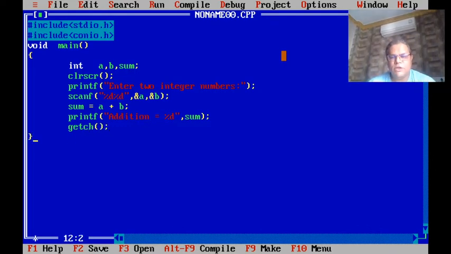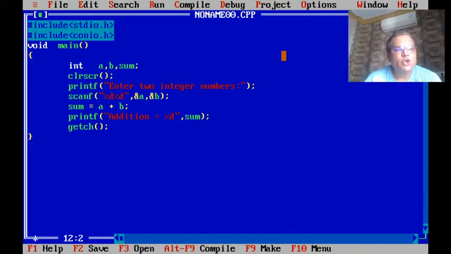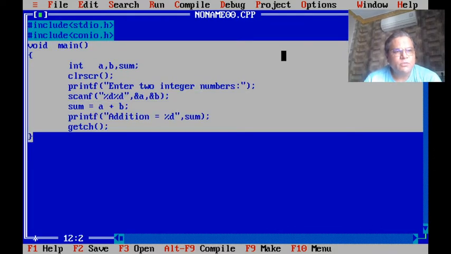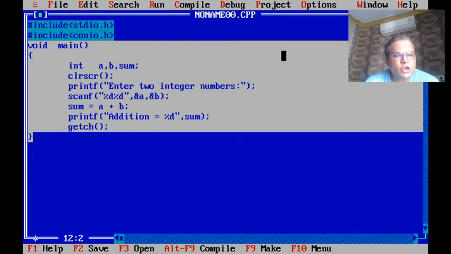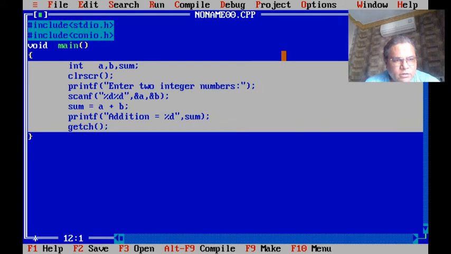So I have written a very small program to perform addition of two numbers. Does this program consist of any function? The answer is yes. Every C program should consist of the function whose name is main, and therefore we are writing a function whose name is void main. And if you see, all the commands in my program I have written inside main. That means this program doesn't consist of any other user defined function. So this program consists of only one function whose name is main.